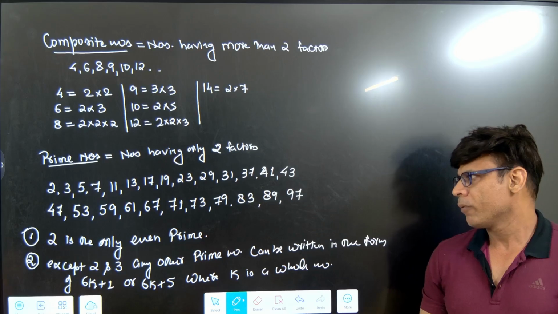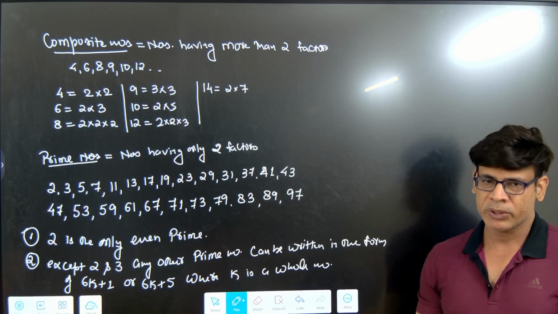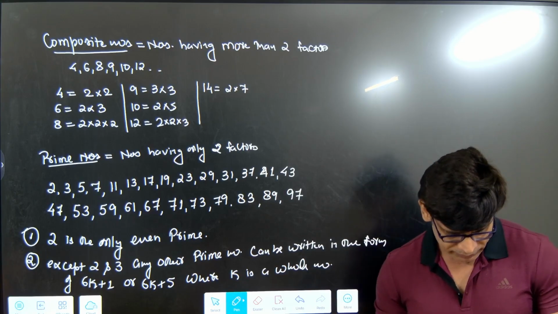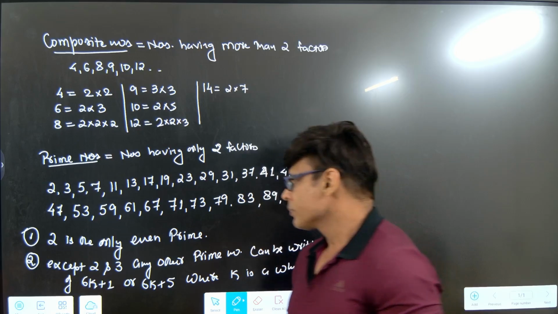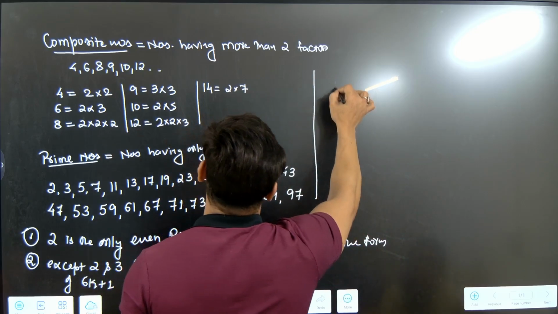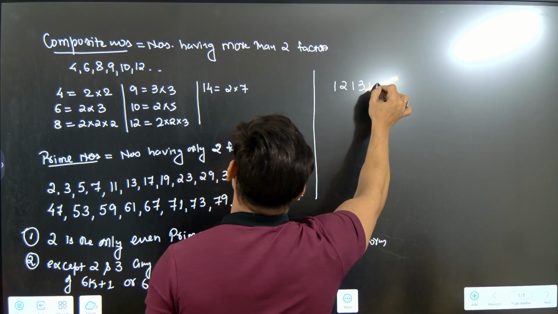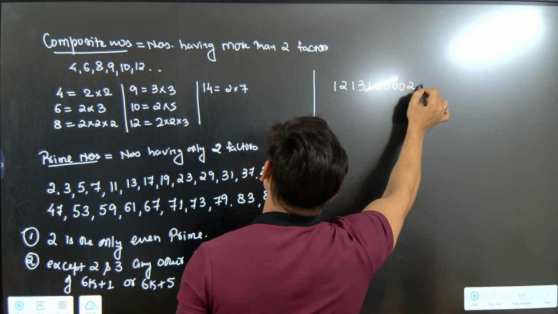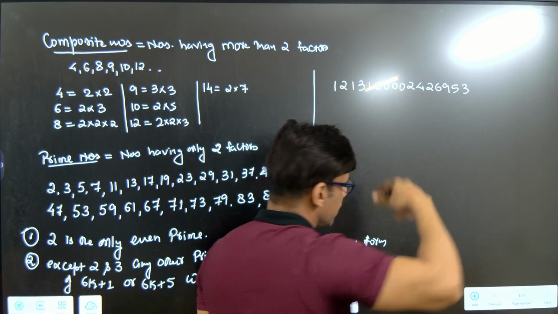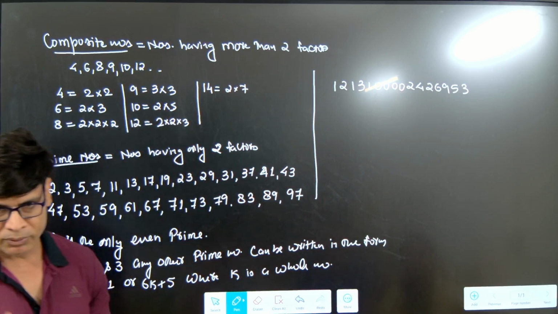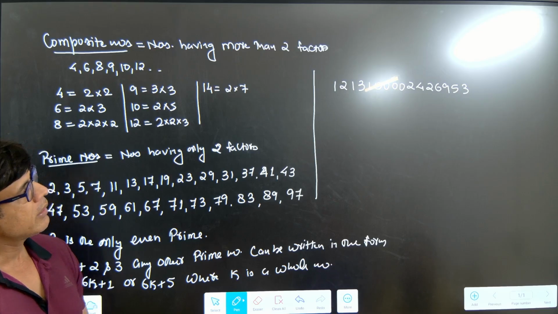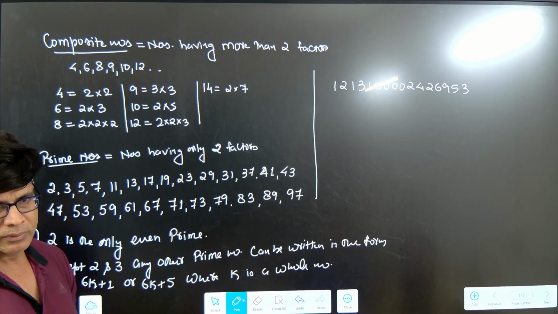Now, why are prime numbers of so much importance? I told you this is cool. Let's understand this. You have seen these types of large numbers on your passport, on your bank number. Why do they keep these big